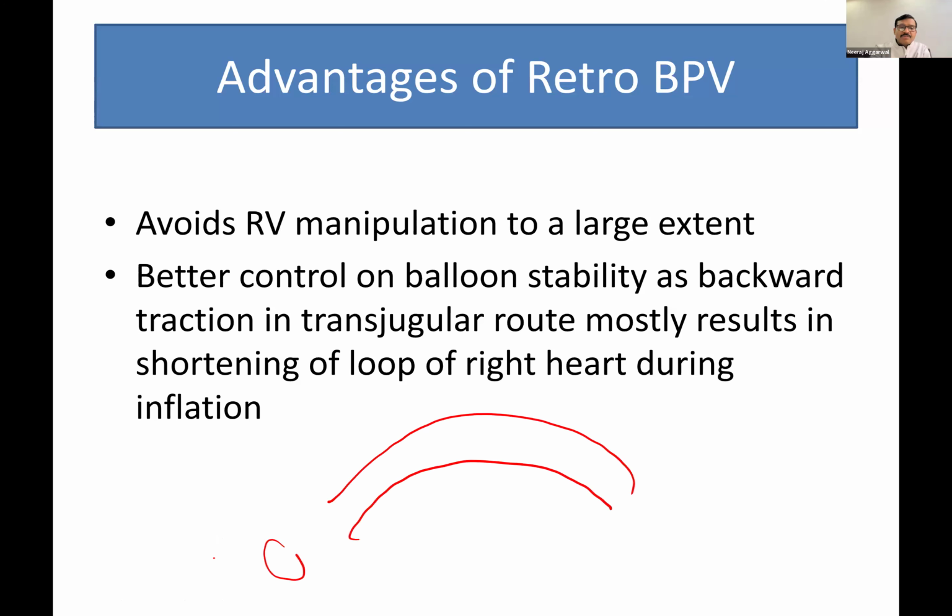You are not handling the RV much. You are not handling the RA much. There's no loop here, so it's mostly straight. The PDA is okay, it is long and the right shape. But